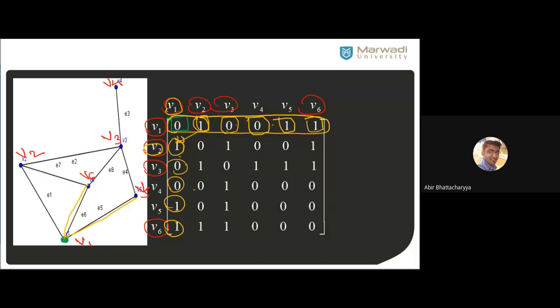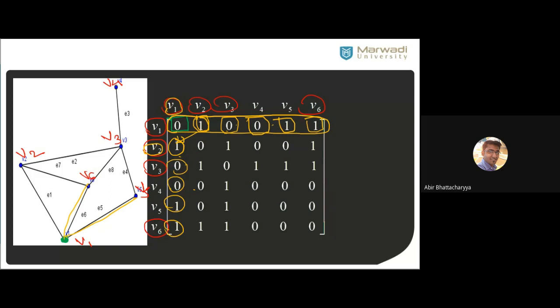You want to start from V6? Want to start from V5? Yeah, so enumeration is important, because otherwise the matrix will be different. If it is written like A, B, C, D, E, start with A, B, C, D, E. If it is starting from V1, V2, V3, start from V1. It's a simple, straightforward concept. Just follow the sequence. If only A, B, C and H, F is given, then A, B, C, H, F.